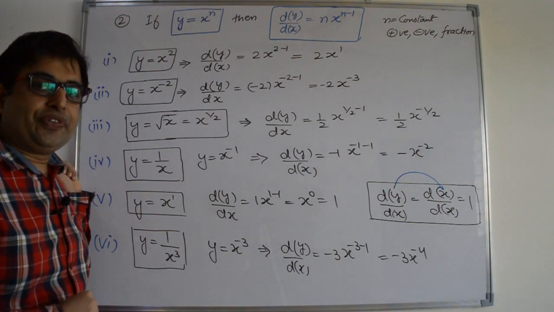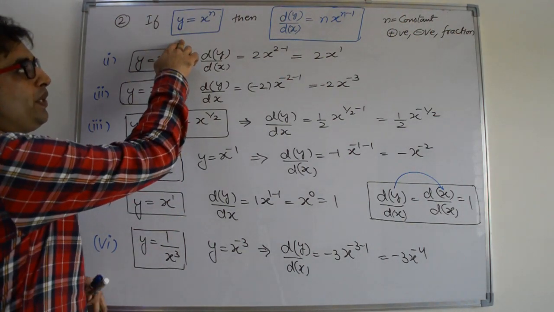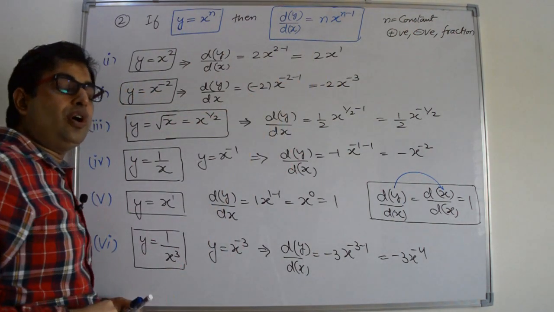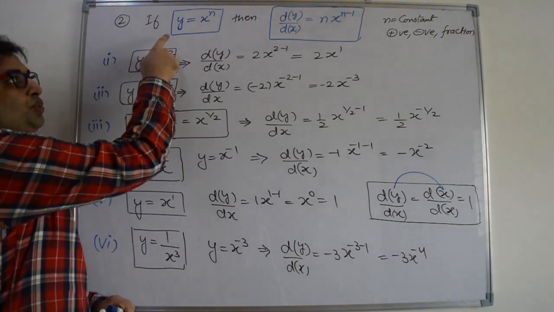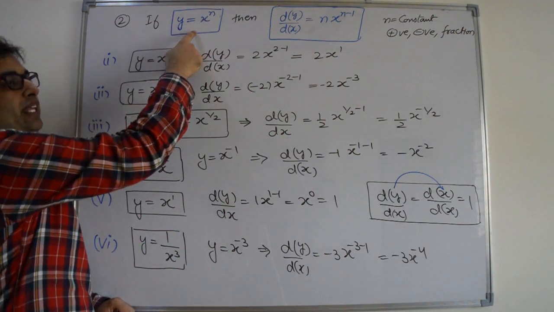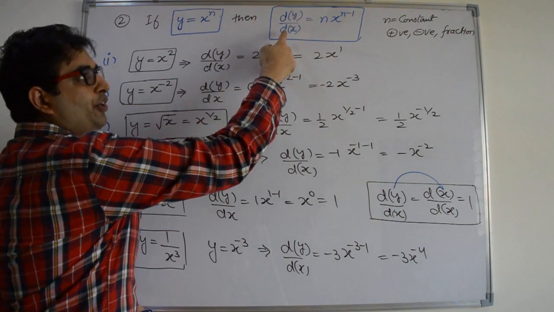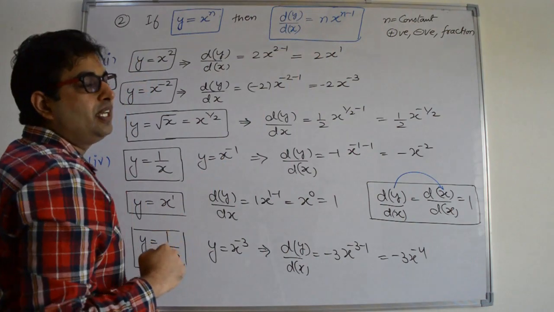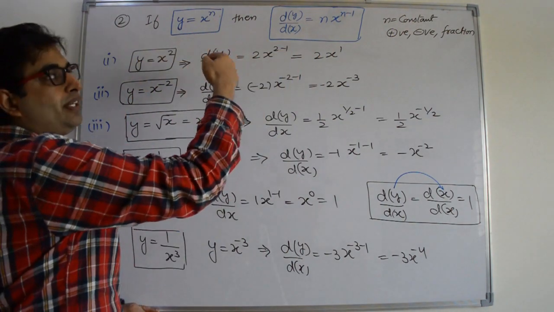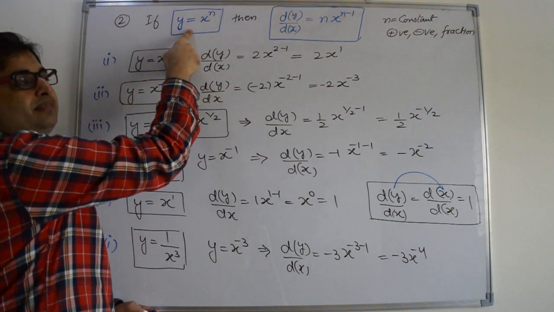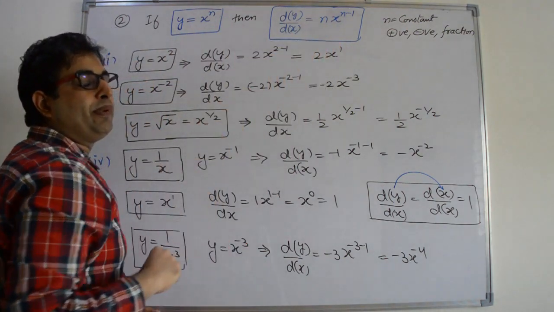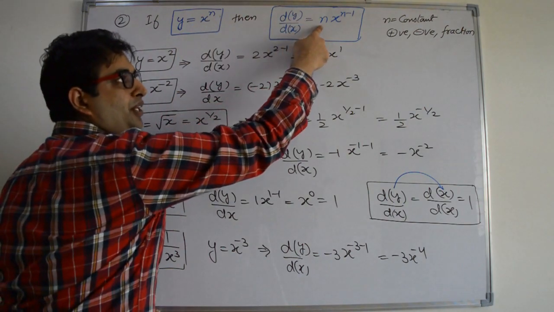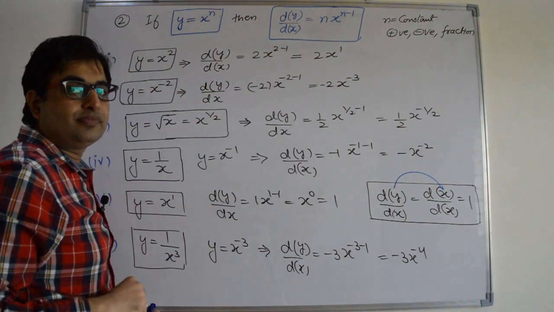Second formula of differentiation. Y equal to x power n. N can be positive, negative, or can be in fraction, right? So if y equal to x power n, then the differentiation of y with respect to x will be n x power n minus 1. That means, how to remember it? Power will come in multiplication n and you have to subtract 1 from the power, right? So x power n differentiation is n into x power n minus 1, right?